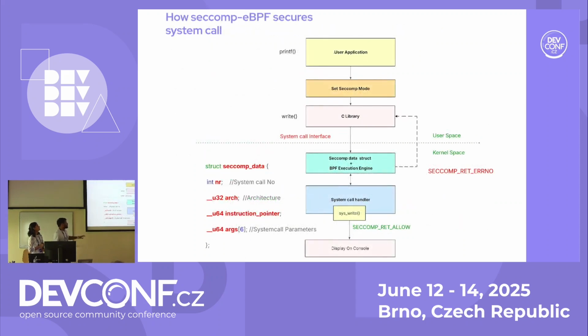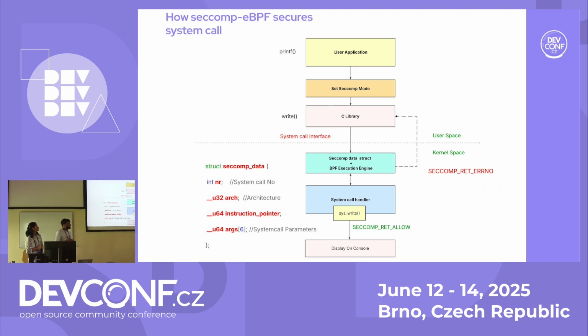So it is the normal flow here. In user space, the user application has a seccomp component, which means the filter or restriction policies are attached to the user application, and it uses the C library wrapper function. Whenever the application runs in user space, it calls a specific system call and transitions from user space to kernel space via the system call interface. In kernel space, the seccomp data structure and BPF execution engine are